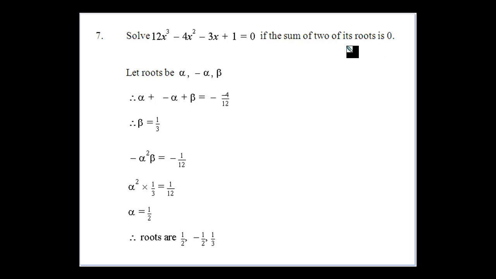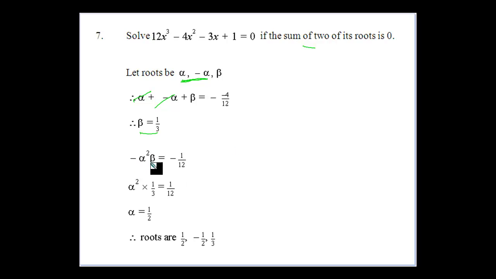We saw ones like this in the 2-unit course, but this time we've got 3 roots, and it says find the roots, basically, if the sum of 2 of the roots is 0. So our manipulation here is to let 2 of the roots be alpha and minus alpha, because they would sum to give you 0. So the sum of the roots one at a time, well, they will cancel each other out, and we get negative 4 on 12, which means the third root is